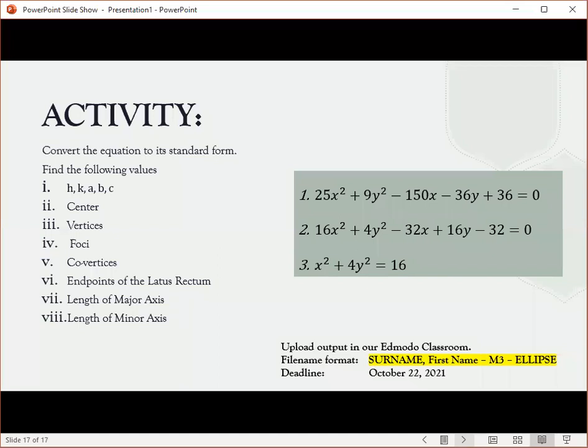So you have H, K, A, B, and C, the center, vertices, foci, co-vertices, endpoints of the latus rectum, the length of the major axis, and the length of the minor axis. And that's the end of our discussion for today's